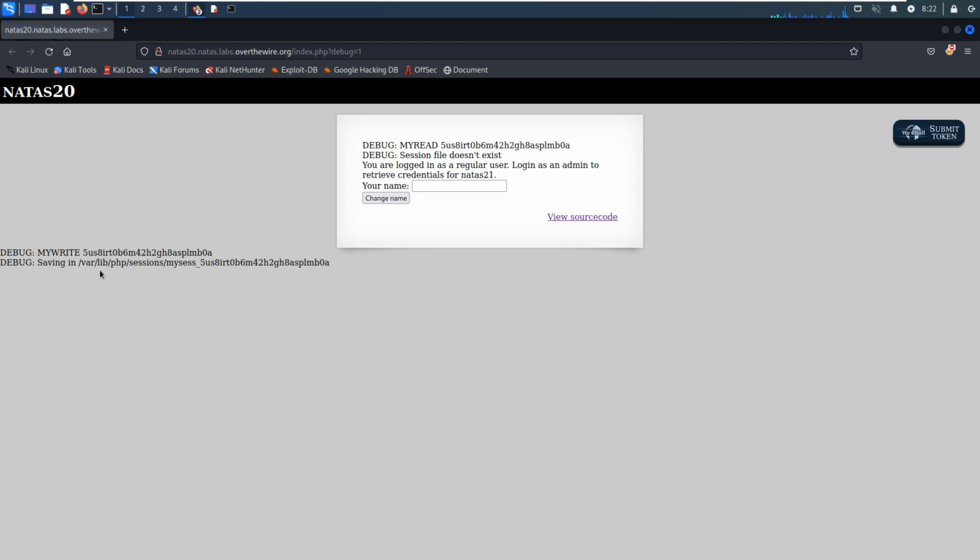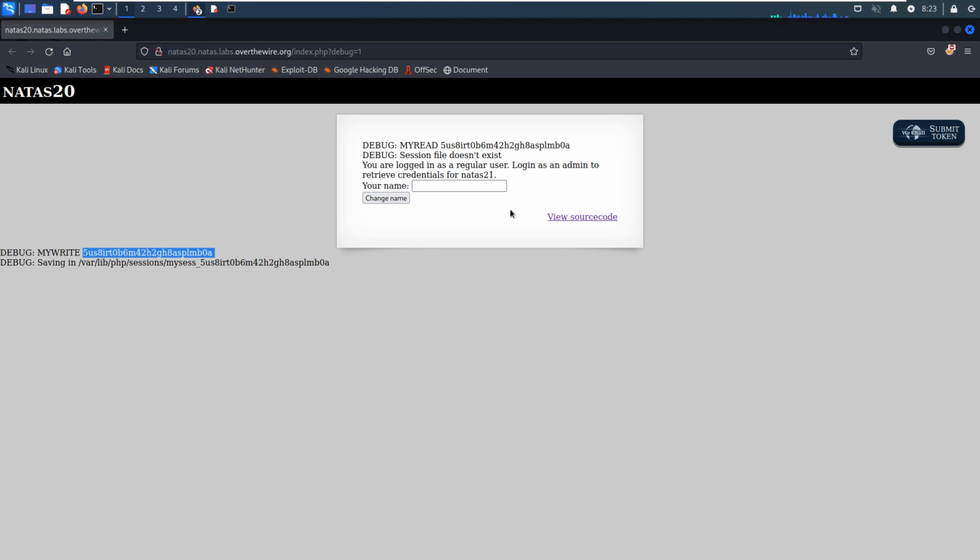As you can see here, we got more messages from the target, and some random information saved in. I think this should be the path, the sessions, my mess, and I think the first part is the same as this one. Okay, so at this point, these two strings are the same.